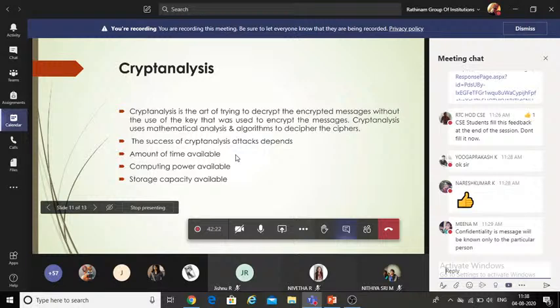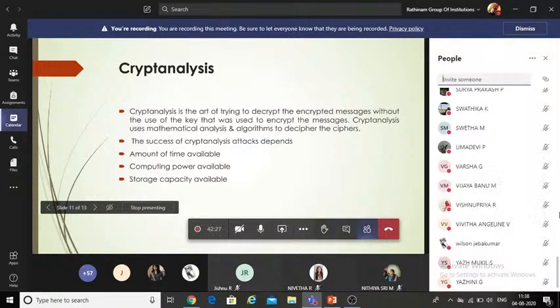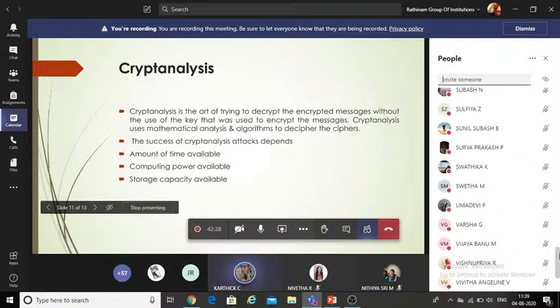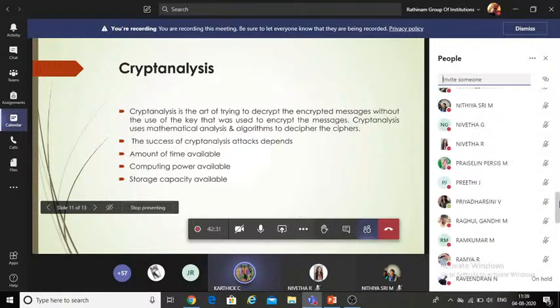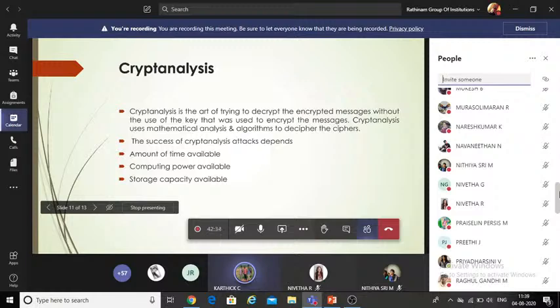Cryptanalysis is the technique used to break the protection of protected data, sir. Yes, the various techniques used for breaking the encrypted protection, breaking the protection of the data. We have numerous types in that. We have some general types, like brute force attacks and other attacks.